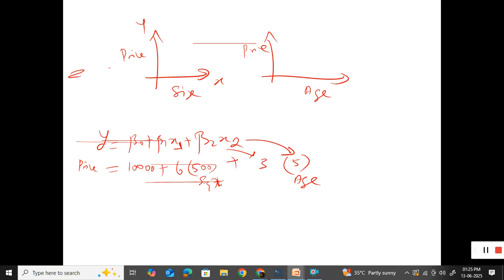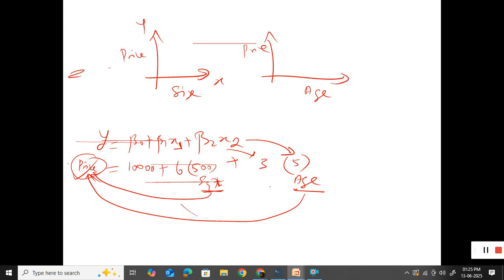Okay, so here the square feet is an independent variable, another independent variable is age. We have used two independent variables to predict the housing price, but make sure that these two independent variables, the input features, are correlating well with your price. Only if these two quantitative variables are correlating well does including these two features in your model really make sense. Otherwise, it doesn't make any sense.